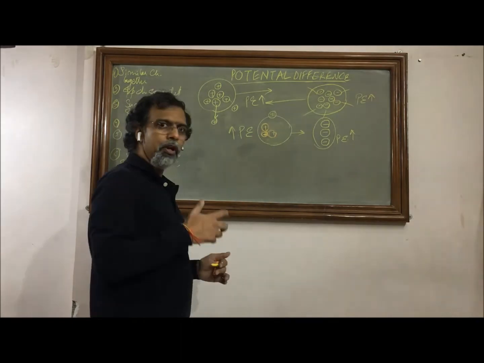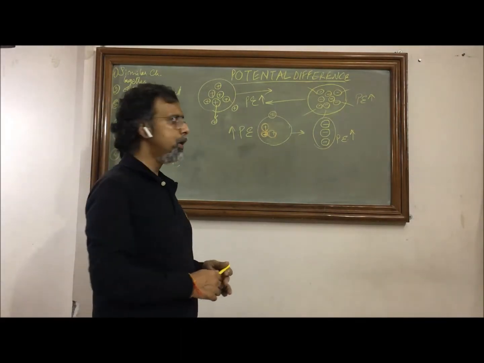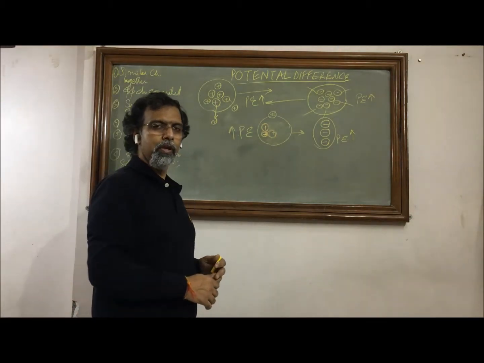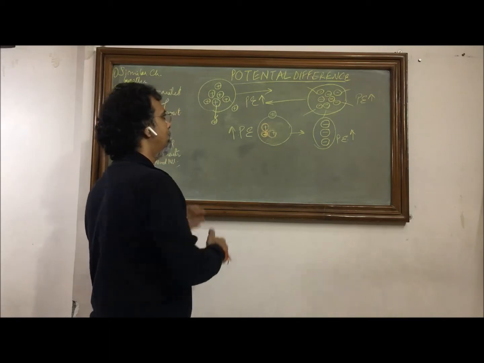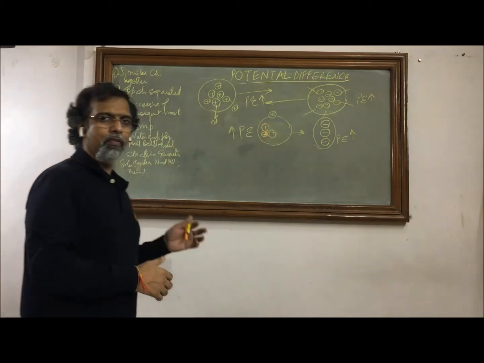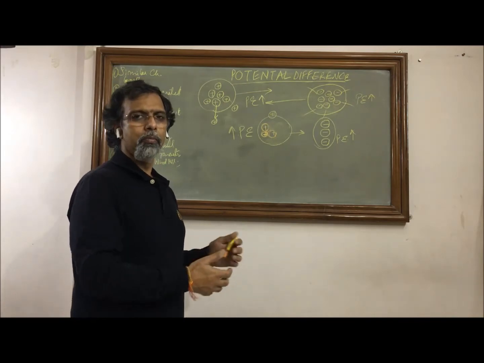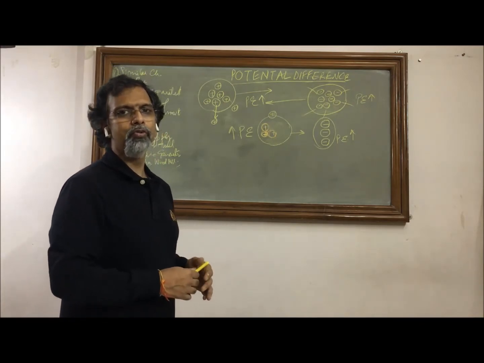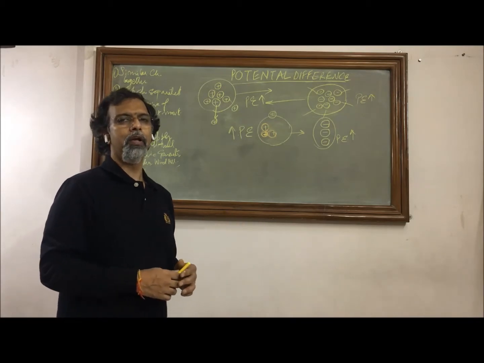So now we are very near to understanding how a current flows. So we need to create a potential difference. We need to have a point where we have higher potential, we need to have a point where we have a lower potential, and when we have such a situation, spontaneously electrons will try to move in the direction where they lose their potential energy, and this whole process is known as electrical current.